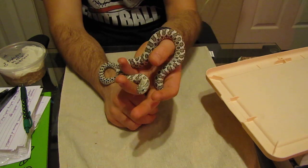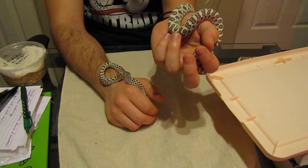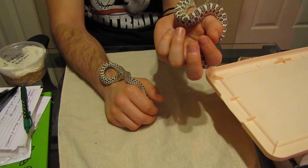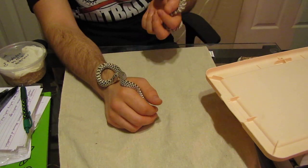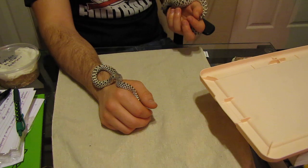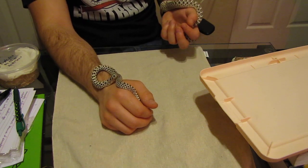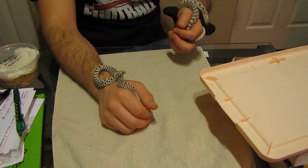And then, you know, she was just a really pretty snake, and I needed a female with potential toffee belly genetics. And now that's not even going to matter for my breeding plan, but my goal at some point is to get all the genes that I have for my hognoses combined. So that's pretty much it for this video. I compared to the two morphs that I felt should have been compared to,